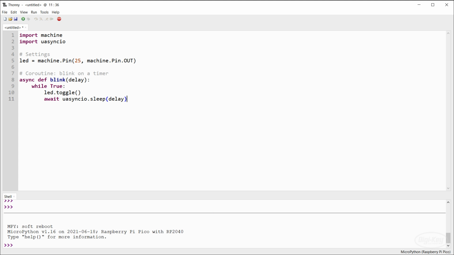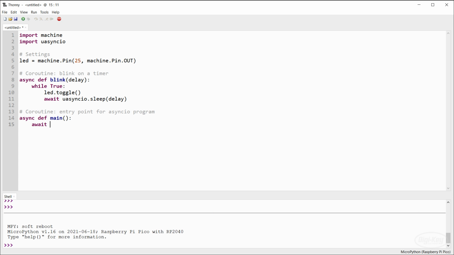In this case, all we're going to do is call the special sleep function that's part of asyncio, or in this case, uasyncio. Every asyncio program needs to be part of an event loop. And this is kind of the overall structure that works as our scheduler, and some things are going on in the back end that we can't necessarily see or we don't have insights into unless you dig into the source code for asyncio. However, we need to call .run from the asyncio library and give it an entry point for